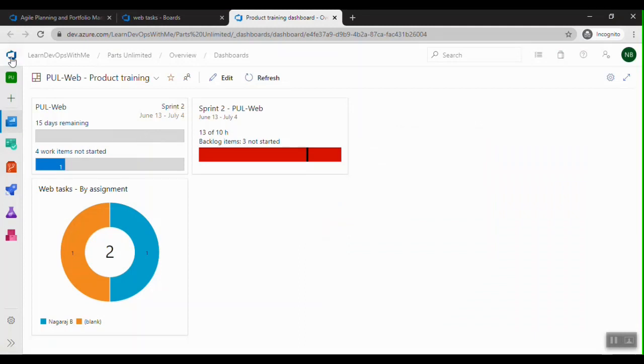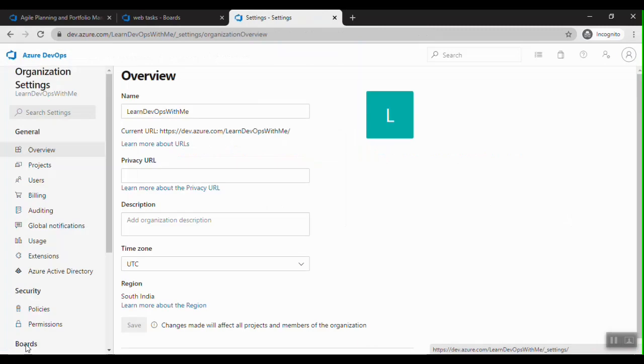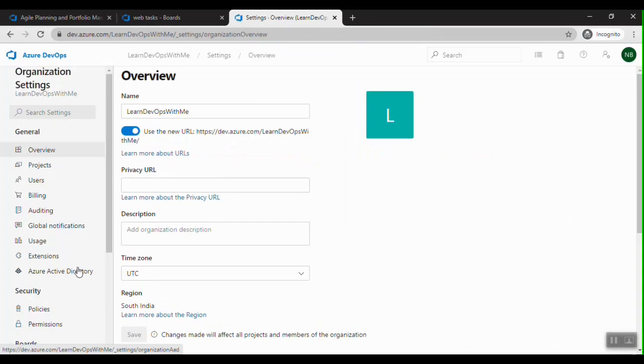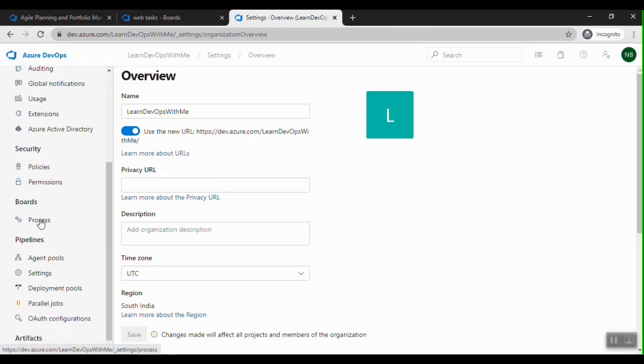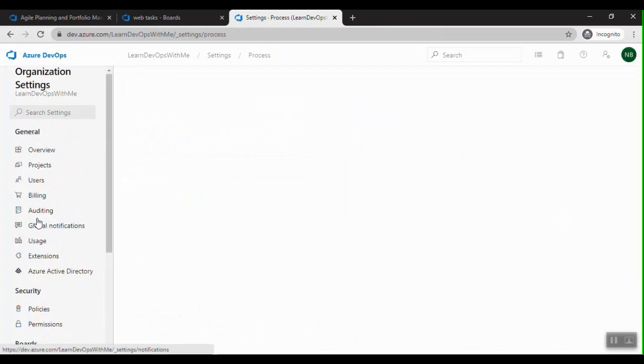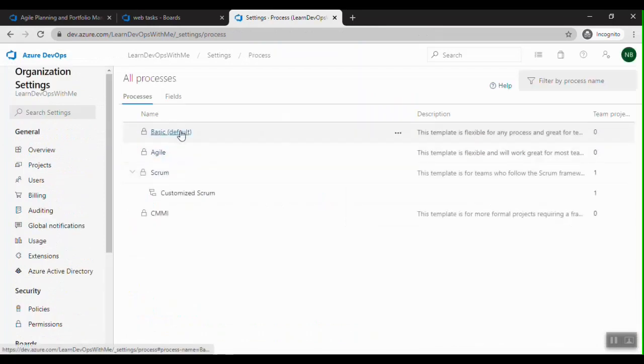To do that, we have to go to the organization settings, and under boards, process. Here, okay, I already have a customized process created. So let me just create one more.